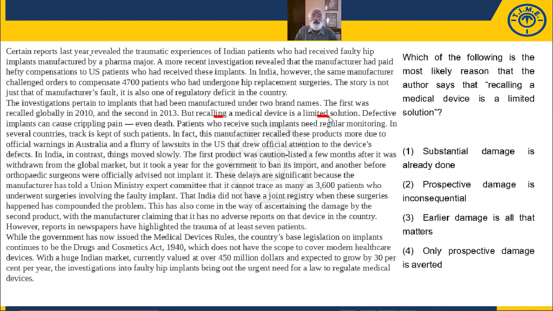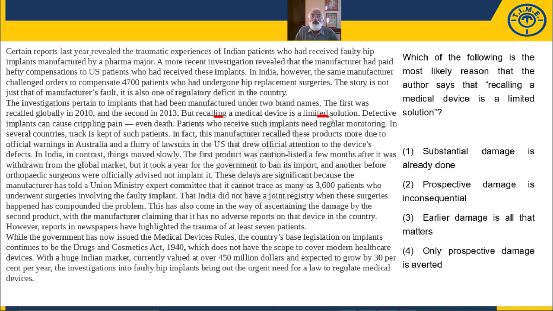When the manufacturer tells stockists or distributors, whoever is keeping their product for distribution into the market, don't distribute this into the market, we need to call it back, that is recall. But when you recall a medical device, yes, you are in some sense ensuring that you've got the faulty devices back. But whom does it help? It only means that the devices are not available for further use. It does not help those who already have the device.